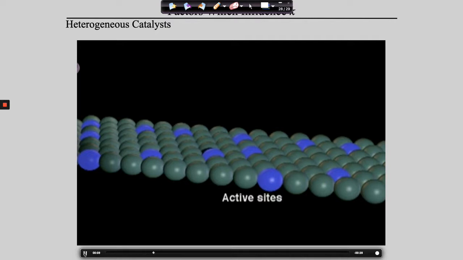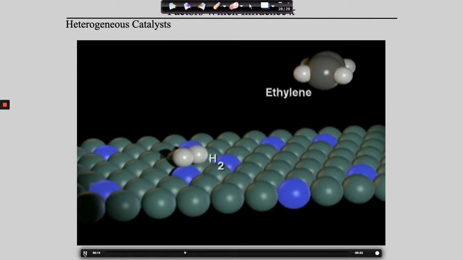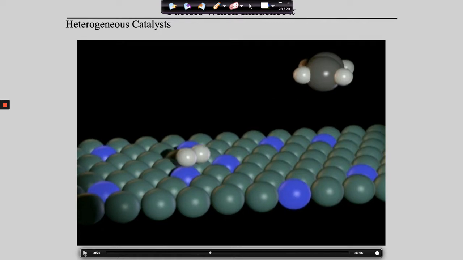Symbolized by the blue spheres at which a surface reaction can occur. When ethylene and hydrogen are exposed to this surface, they are adsorbed in a process called chemisorption. Why? I have no idea. But guys, they've done something magic that makes these active sites strangely attractive to these molecules, and you'll notice these